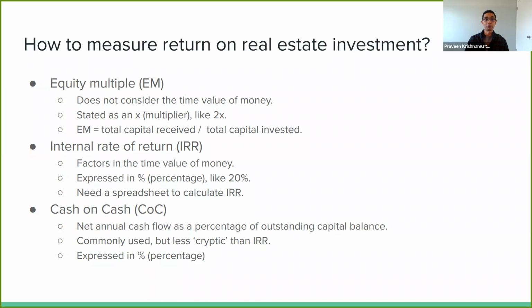So the first one is equity multiple. Let's say you put in $100,000 and you get back $200,000. So you have an equity multiple of 2x. Whatever you put in has doubled. And this particular factor does not take time value of money into consideration. It doesn't matter if the $200,000 came back to you in a year or 2 years or 3 years, it still says 2x. This metric is used in certain kinds of investments, let's say ground up investments where there's no regular cash flow, or in flips, again, where there's no regular cash flow. Equity multiple is a good metric to use.